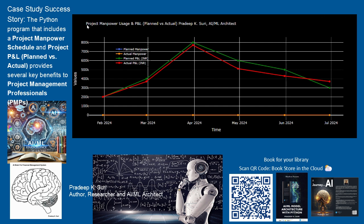The combination of manpower tracking and financial analysis allows PMPs to keep the project on track, on budget, and on time. The program helps to identify discrepancies early and provides PMPs with the tools they need to make informed decisions. The visual clarity makes it easier for PMPs to communicate complex project data to stakeholders in a way that is easily understandable. By using this approach, PMPs can ensure that their projects are managed efficiently and profitably, minimizing risks while